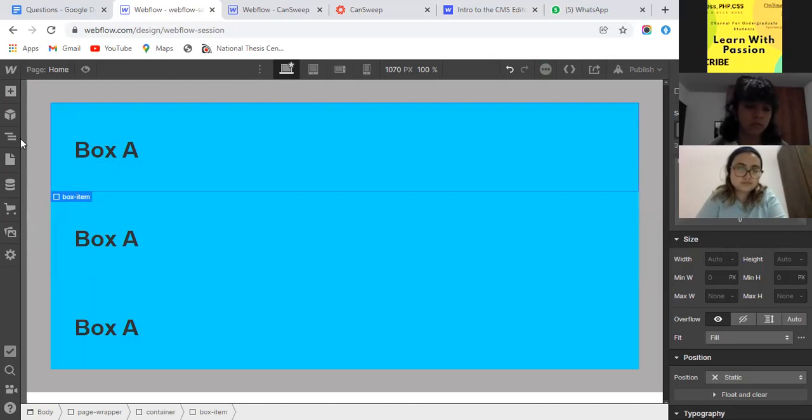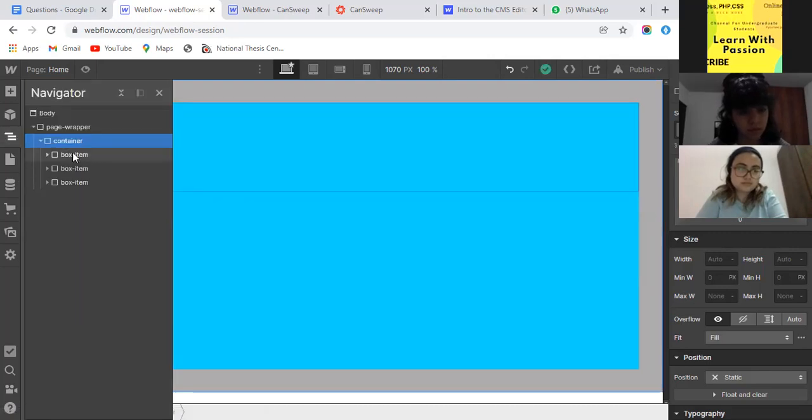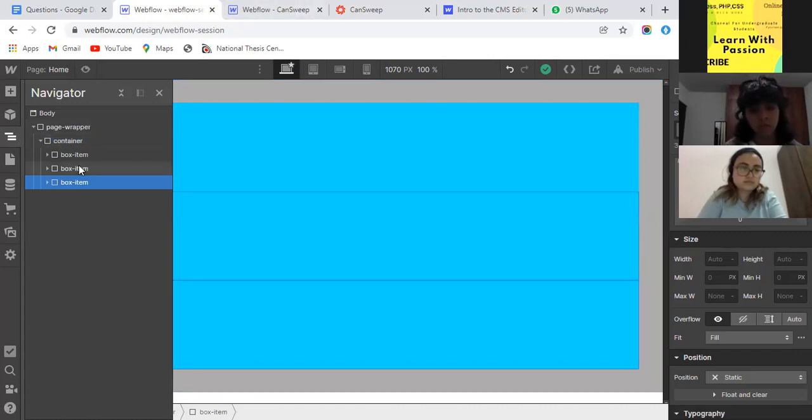By default, when we place any element inside the container, they are under each other, like box item, another box item, another box item. But we want something horizontal. So we need to use the CSS Flexbox property.